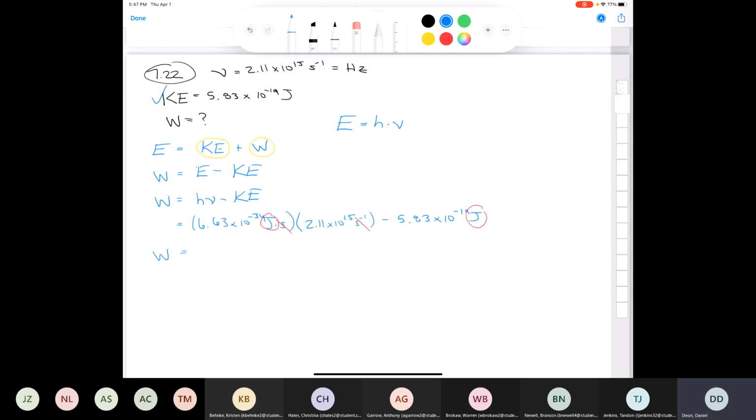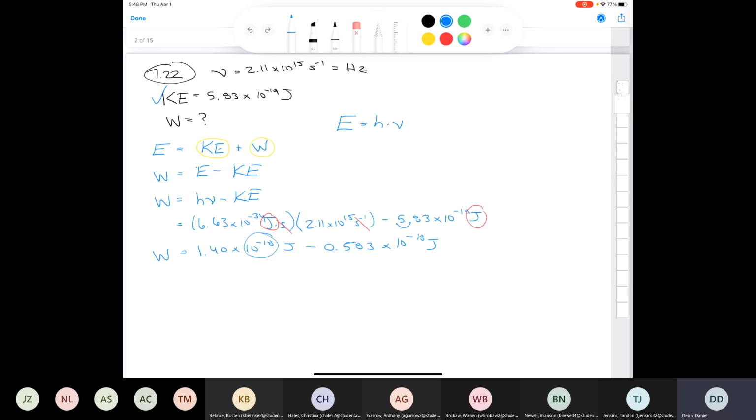So I reduced this to 1.40 times 10 to the power of negative 18 joules, subtract 0.583 times 10 to the negative 18 joules. And if you're wondering, Mr. Dion, why in the heck did you change this from 10 to the negative 19 to 10 to the negative 18? Why did you move the decimal place over here? The reason why is because it's a lot easier to just do the math in your head if you do it this way. Remember, now that both of these exponents are the same, you can just take 1.40